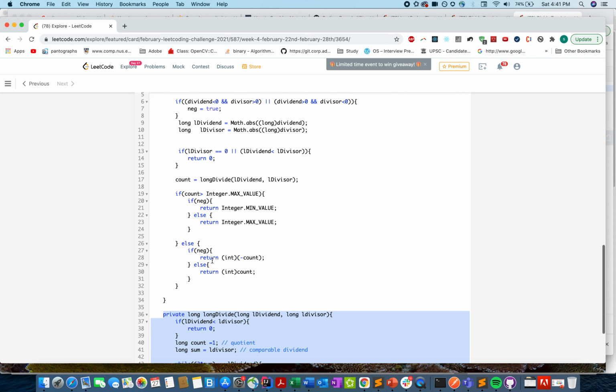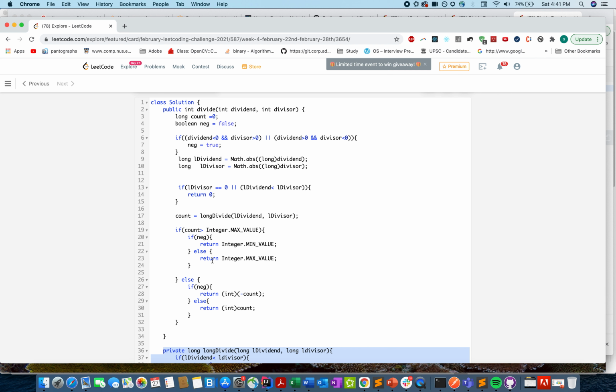Let me just explain the test cases part of the problem. Let's try and identify whether the answer would be negative or not. If my dividend is less than 0 and divisor is greater than 0, or my dividend is greater than 0 and my divisor is less than 0, that means my answer would be negative. I created a variable here and I updated it to true. Then I calculated the absolute values of the dividend and divisor